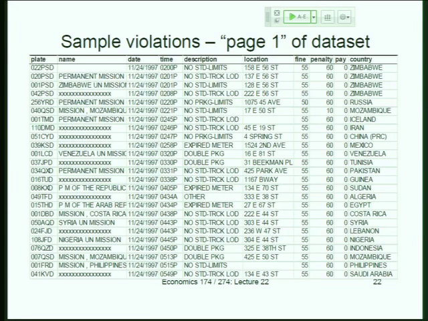And we put X's where there are private diplomats' names to protect their privacy. And this is just like one day. This was just the first day in 1997 the parking folks in New York started digitizing their data. Until then they just had paper tickets or something. And part of the reason they started digitizing was precisely because the diplomatic parking problem was becoming such a big